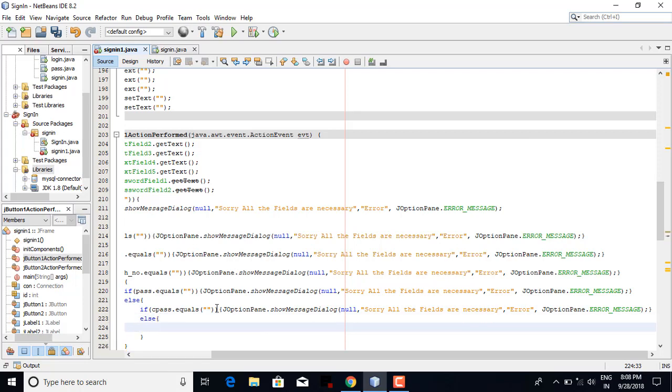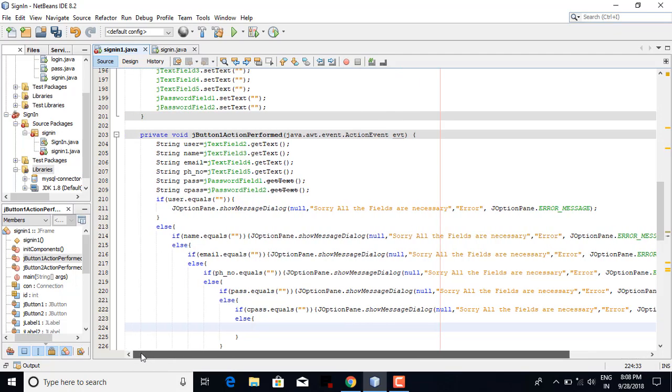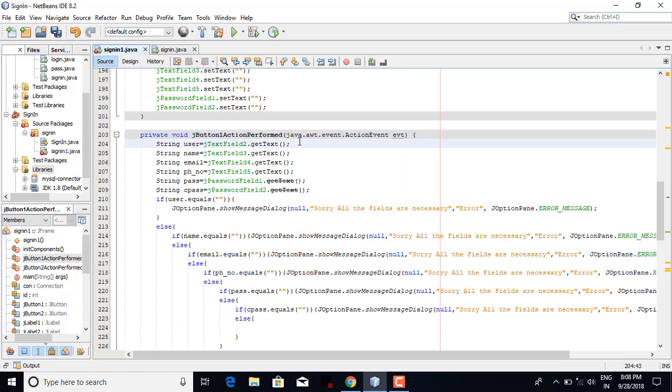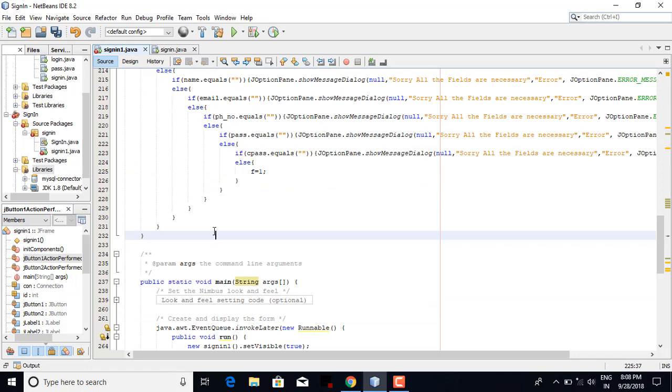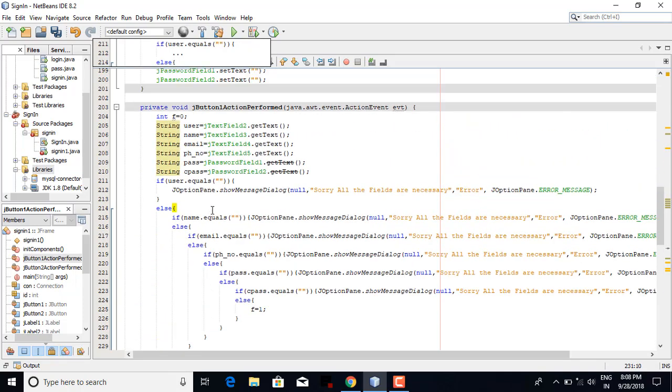Now till here, if all the fields are filled up, then only our Java compiler will reach here. Now declare a variable by any name, let it be f, meaning filled, int f is equal to 0, and if they are filled, f will be equal to 1. Okay, now at the end of all this